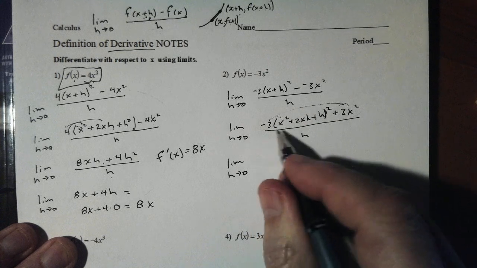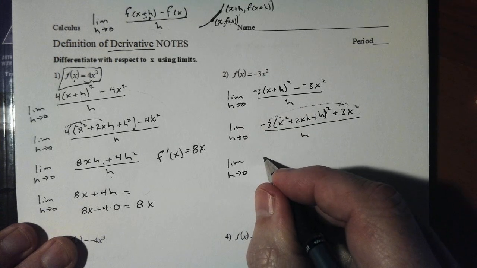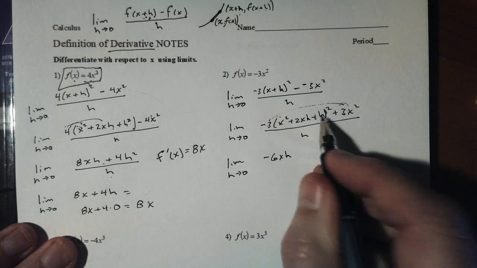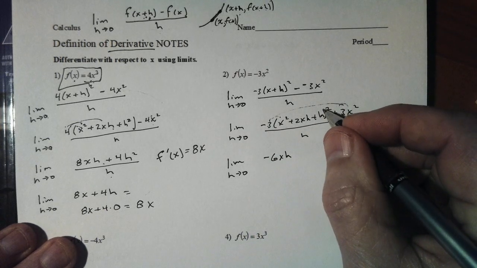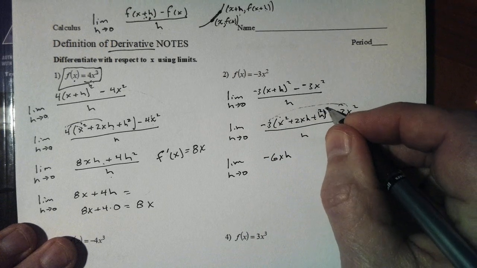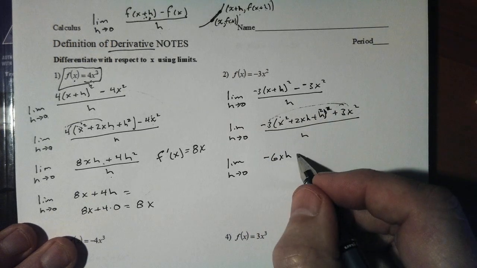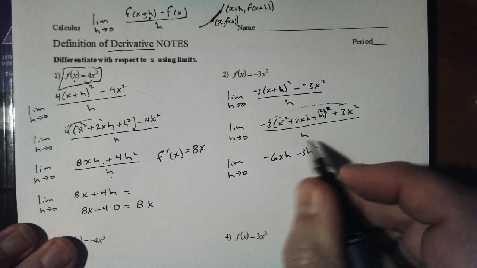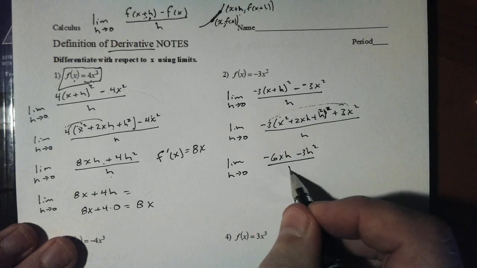Those cancel. I get -3 times 2xh, -6xh. I get a minus, this should be squared in here, by the way, not out there. I get a minus